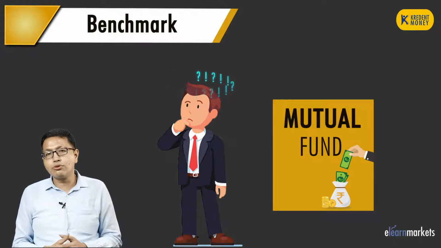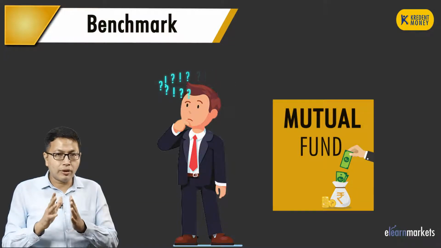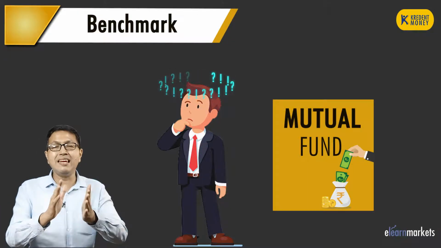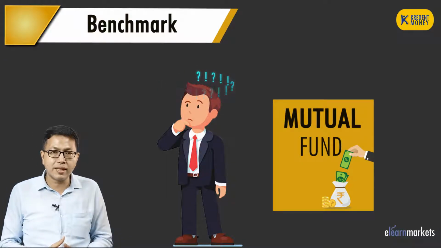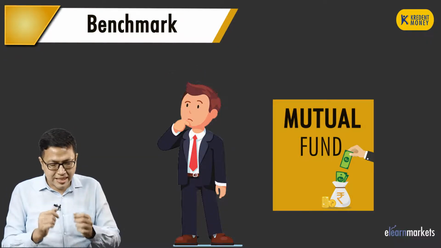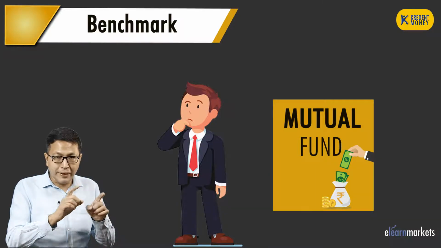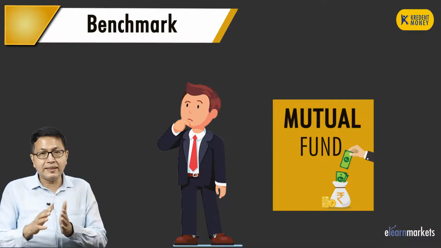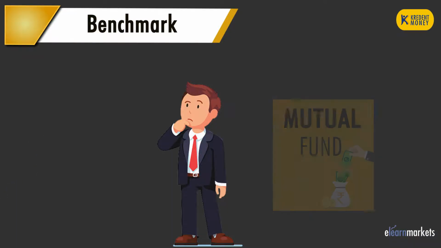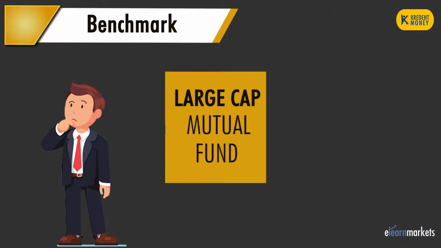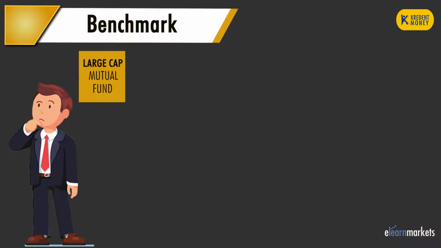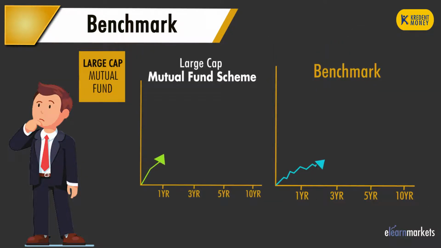So for example, when you want to choose any particular mutual fund scheme, I am talking about the before investment stage, pre-investing stage. Before you choose any mutual fund scheme, it will always be a good idea to see whether that scheme is beating its benchmark over different time frames. So if you want to choose any large cap mutual fund scheme for long term SIP or for long term investment via lump sum method, simple talk, you want to invest for long term, then it is always a better idea to find out whether the particular scheme has beaten the benchmark in 1 year, 3 year, 5 year, 10 year time frame. So where do you get this data?